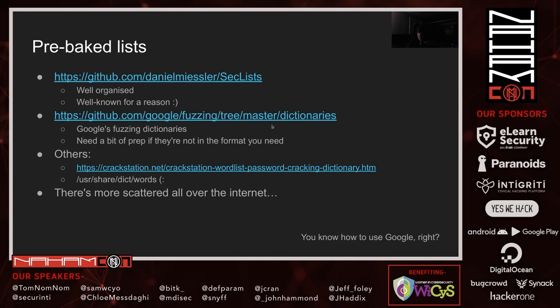They're much smaller, and often I find they're not quite in the right format that I want, so I have to mess around with them a little bit. And if you go Googling, there are many, many more on the internet, depending on your use case. For example, CrackStation have a fantastic word list. I think it's many, many gigabytes of possibilities. And sometimes you only need something simple. So /usr/share/dict/words is a dictionary file that exists on many Linux distributions, and sometimes that's all you need.